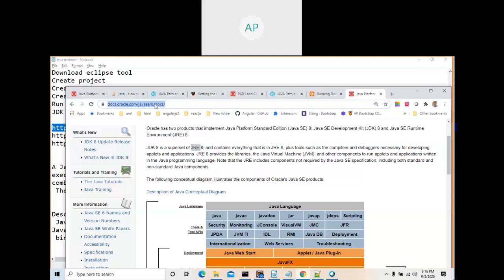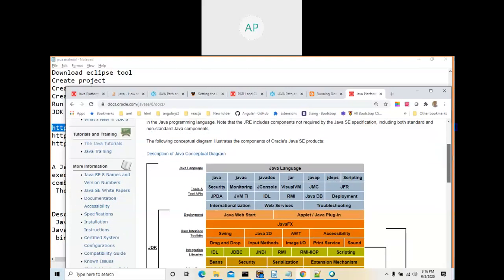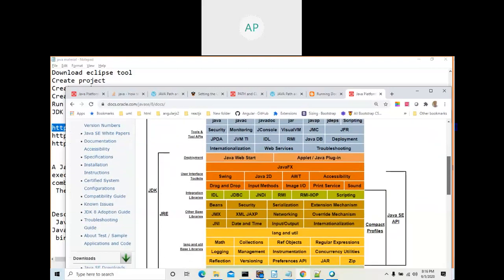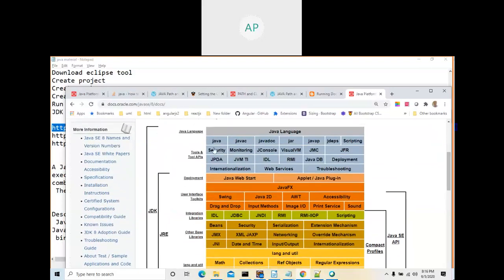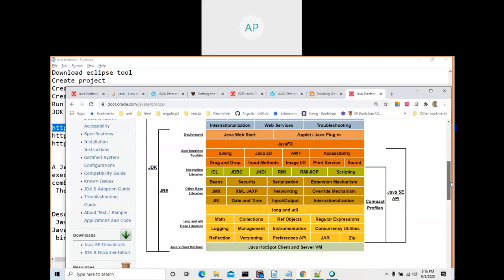Go to this URL, an Oracle site which is a tutorial where you can read. See this diagram. Here the entire thing is the JDK, the entire diagram.